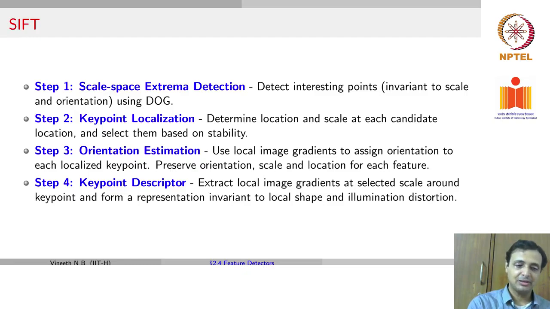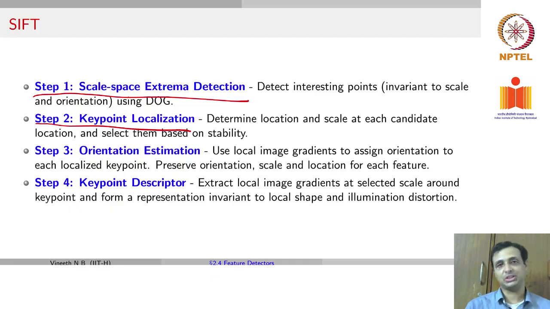The first step in SIFT is to do what is known as scale space extrema detection. This is very similar to the scale invariant Harris-Laplace detector, although there's a little bit more than that, which I'll clarify in some time. The second step is about key point localization. Once you've found a key point, can we try to find out exactly where the key point is? I mean, is it maybe half a pixel further, and so on and so forth. It could be in location, could be in scale too.